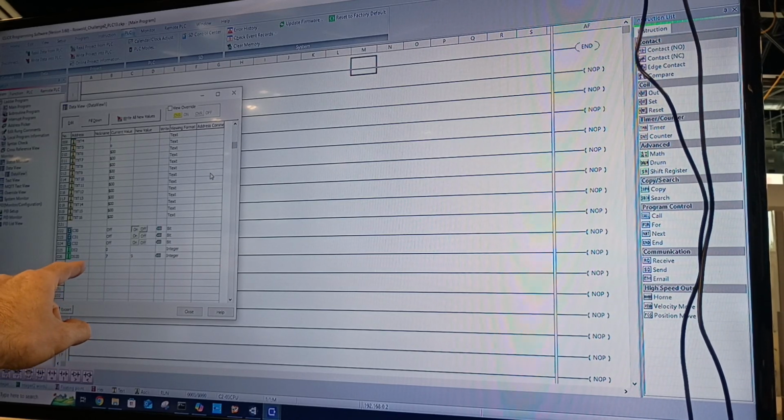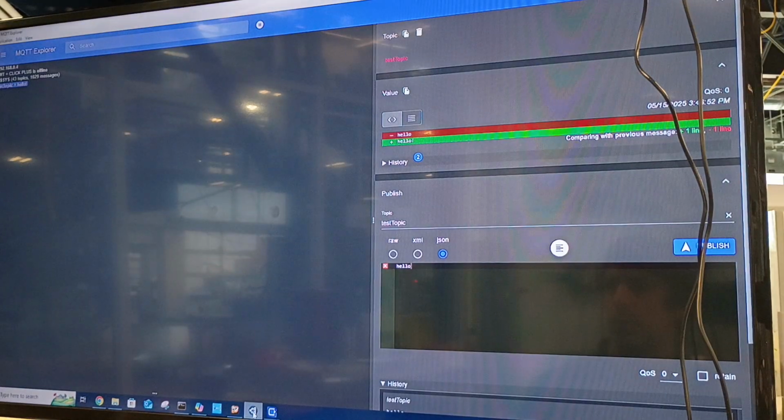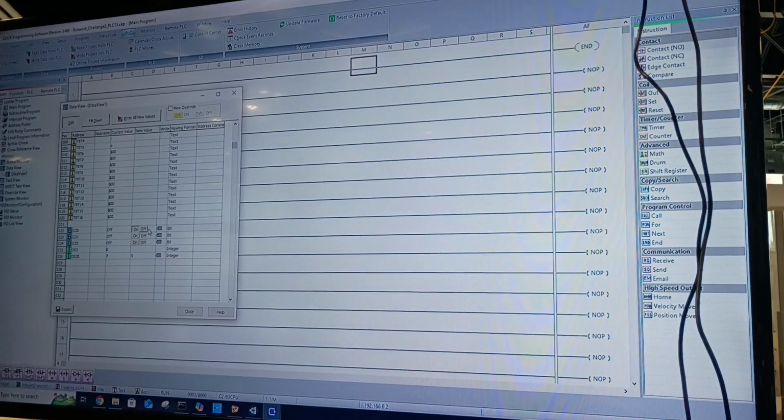Down here we've added all bits and our digits. So C30 was our published bit. Off, on,